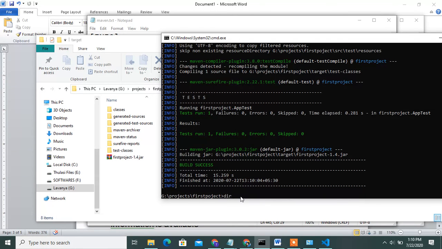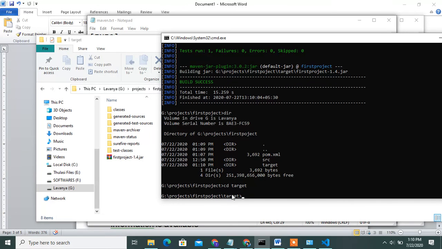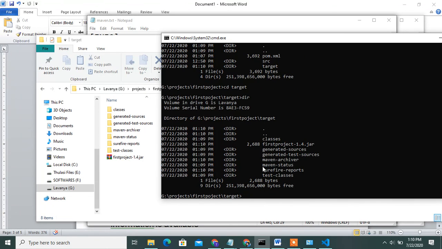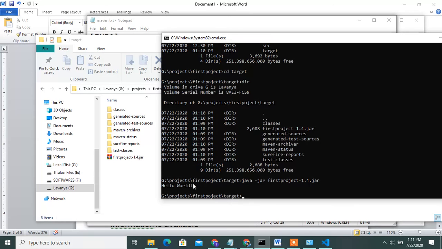See, first of all, go to the target folder. You can see this. Yeah, first project 1.4 jar. See, this is the output of your project.